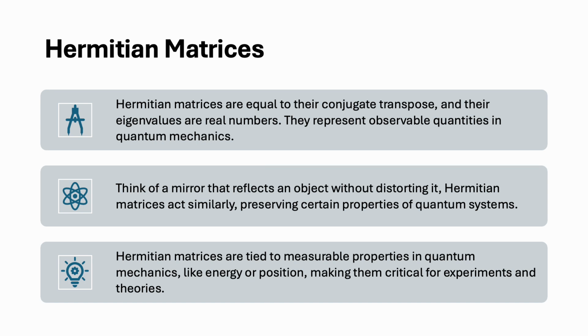It is like looking in the mirror, where the image has not been distorted. Think of it like ensuring your satisfaction measurement treats all users fairly and consistently, regardless of which direction you analyze the data. In practice, quantum gates and operations are often represented as Hermitian matrices because they preserve the normalization of quantum states